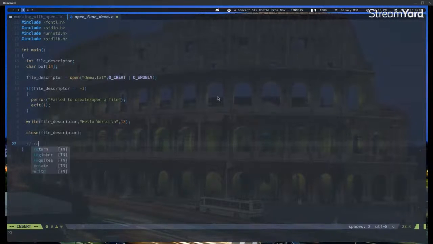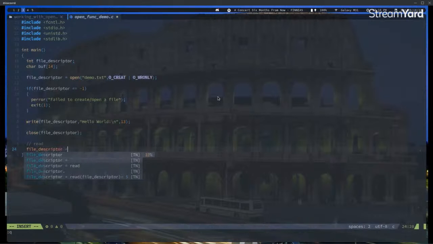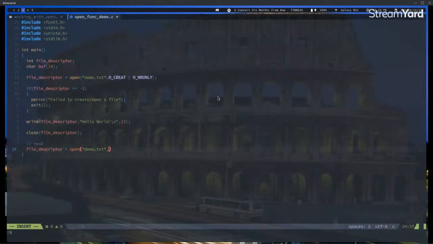Again, use this section to read, and we'll create a new open, and we'll use this demo.txt file that is already created. Since it's already created up here, we don't need to use create. We will just use read only because we'll read from it. Read, O_RDONLY, okay, it's RDONLY. I remember it's only RD, and then